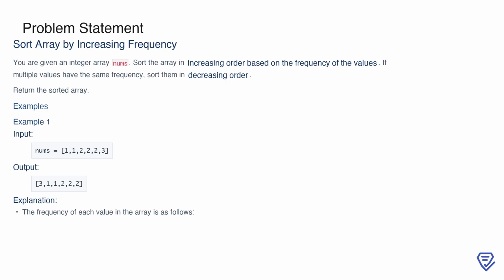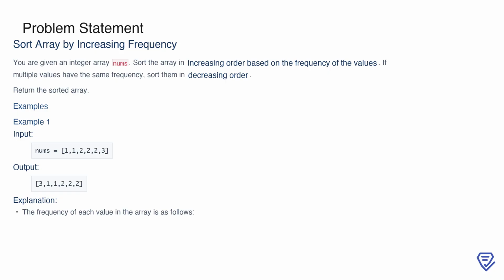For example, if the input is nums equals 1 1 2 2 2 3, the output will be 3 1 1 2 2 2. This is because the value 3 appears once, 1 appears twice, and 2 appears 3 times. Sorting by frequency in ascending order, we get 3, then 1, and finally 2, maintaining the decreasing order for values